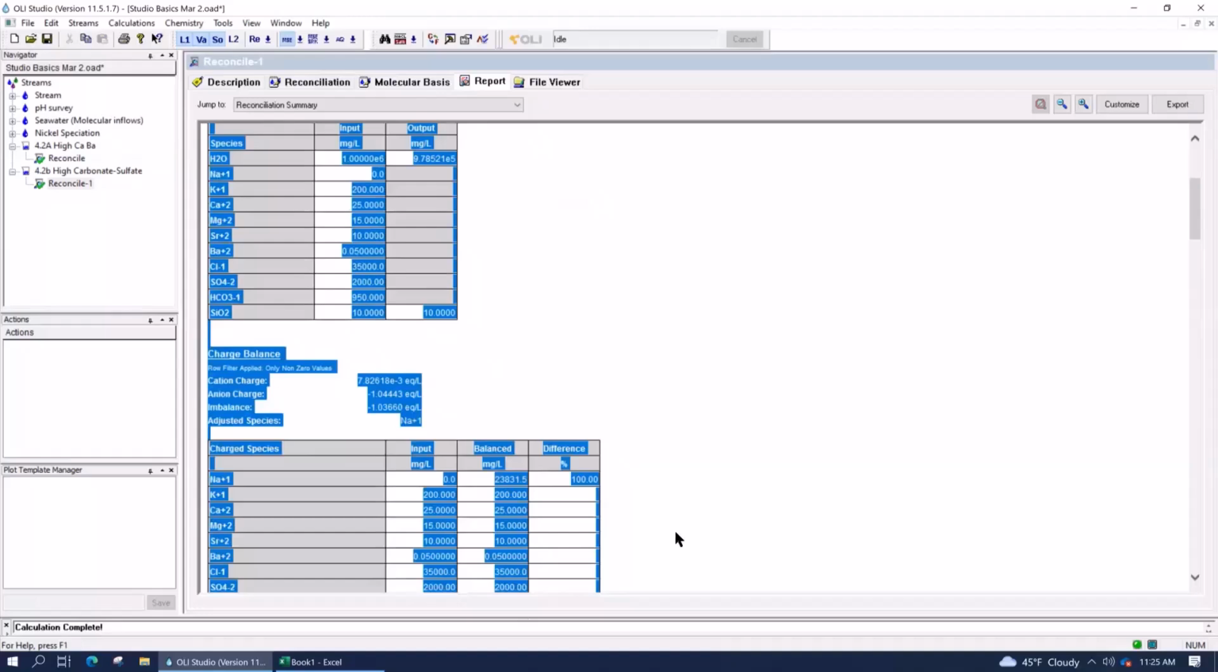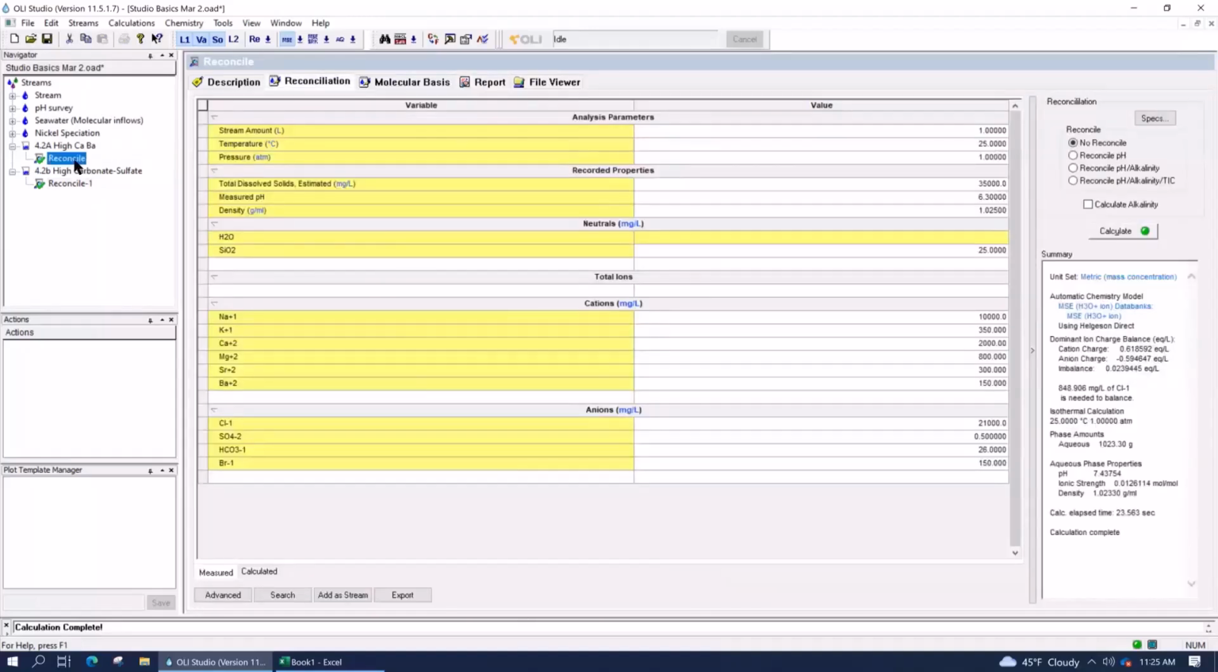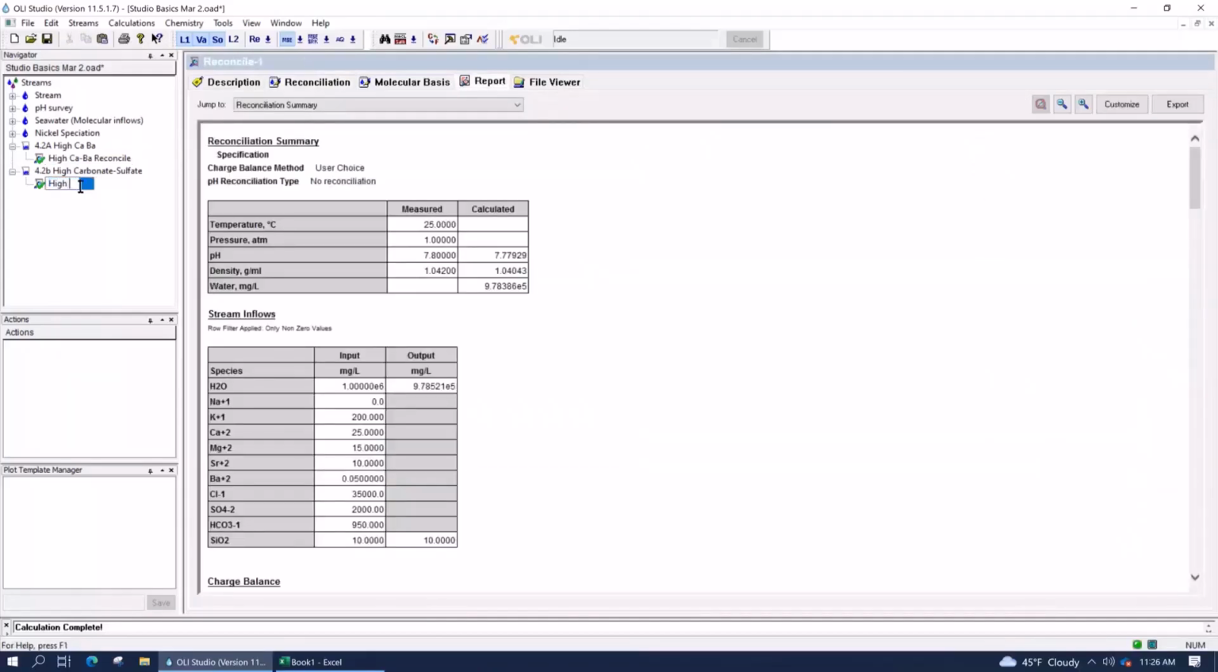Now that that's done, we're going to use these two waters in a next calculation object where we're going to mix them together and see what happens. But to do that, really what we have to do first is rename them, because you won't know what reconcile is versus reconcile 1. So let's call the first reconcile high calcium barium reconcile, and call the second one high carbonate sulfate